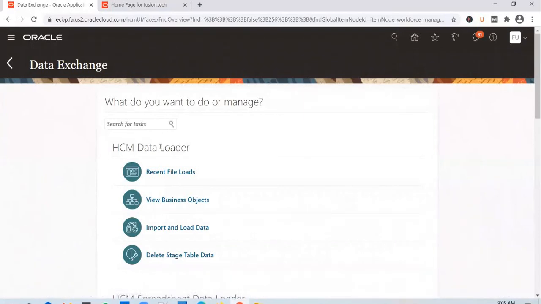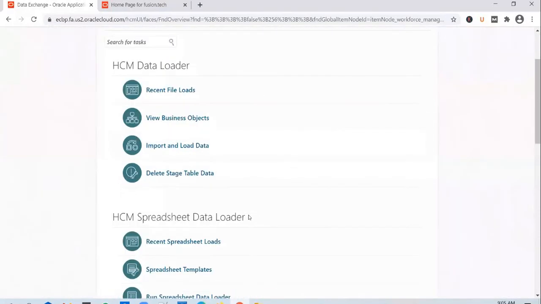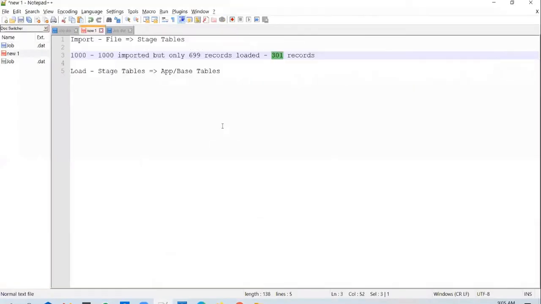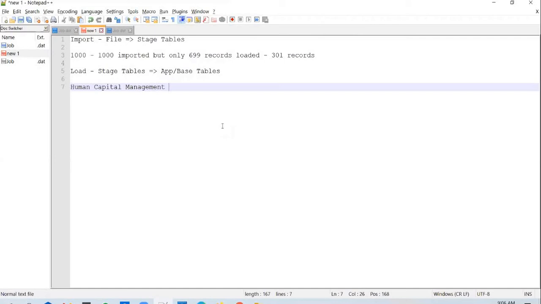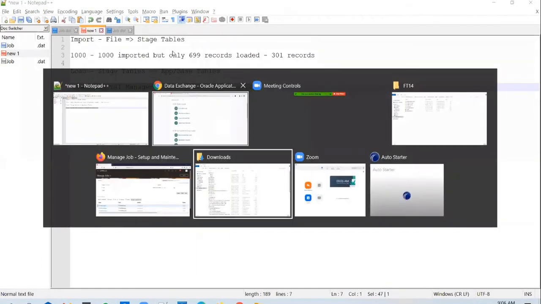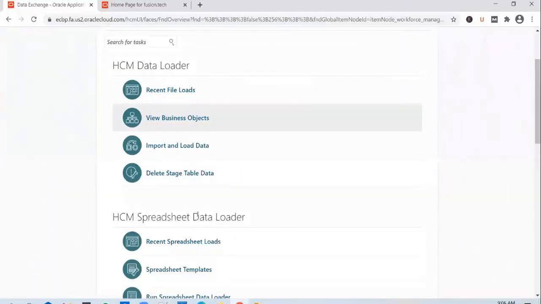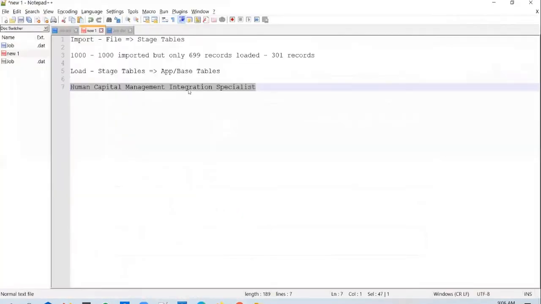For you to be able to see the HCM data loader and spreadsheet data loader, there is a role called Human Capital Management Integration Specialist. This is a role required for you to be able to see the HCM data loader and HCM spreadsheet data loader options. If you don't see these options, you have to get this role assigned to your user profile.